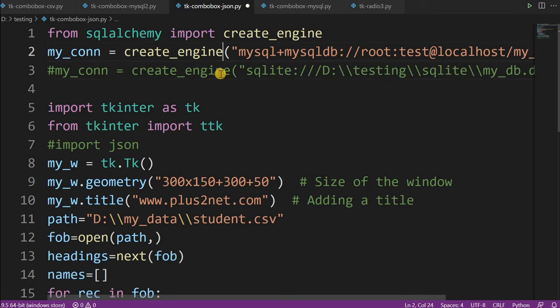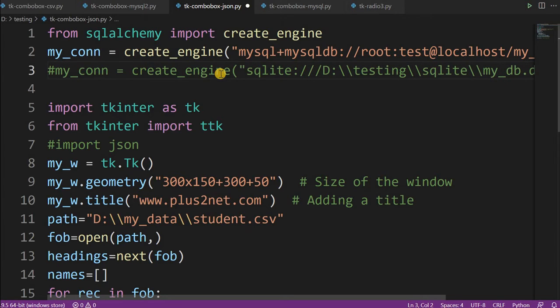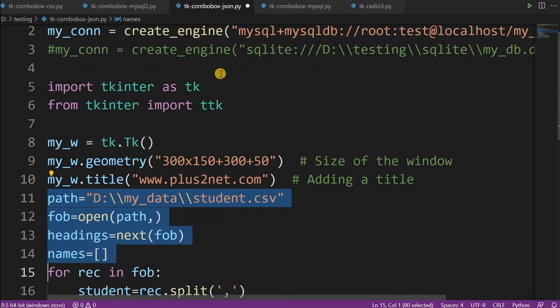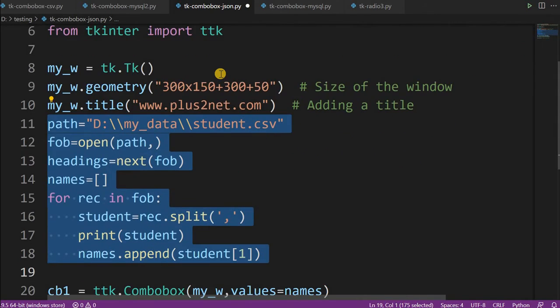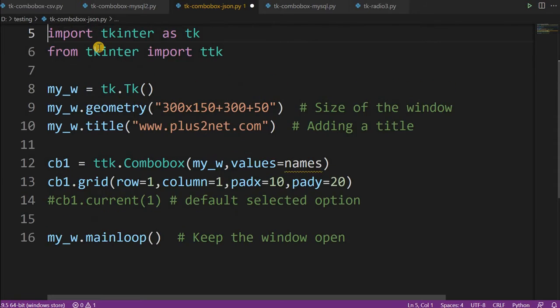We'll just replace this line with this, which means this line will be commented and this line will be put in. Then our entire script will switch over to the SQLite database. So no more changes are required. Right now let's first understand what is required for our database details. JSON is not required. The rest of the code we will not touch, but we'll remove the creation of this. CSV is not required. Up to this we used to create the names file. We'll give a different name, and that names we have used here. Whatever we create we'll use it here, and that's all. The rest of the code will remain the same.